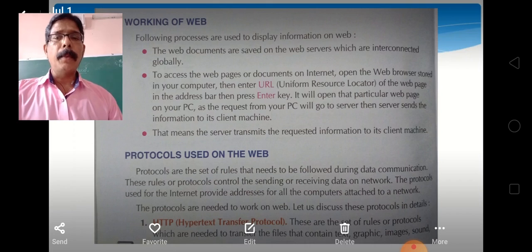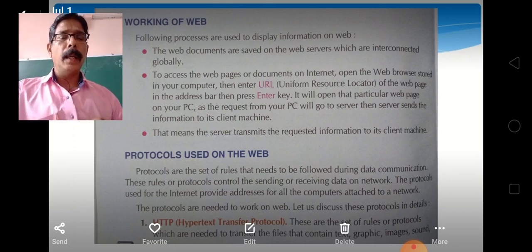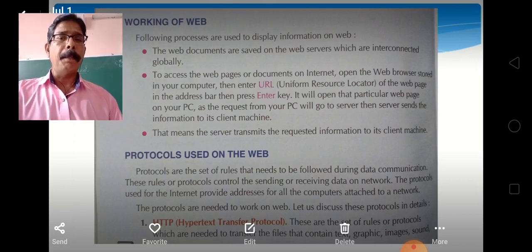Here the client program is a web browser. Usually, they open any web browser and type the URL of the website which they want to open.